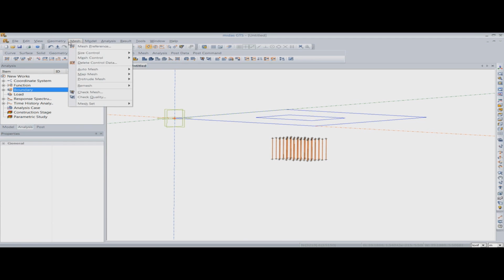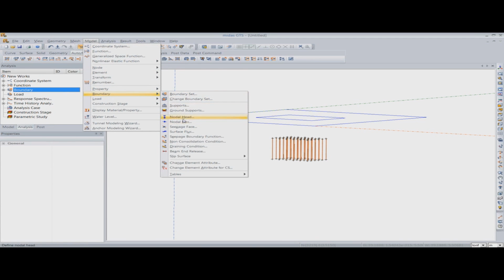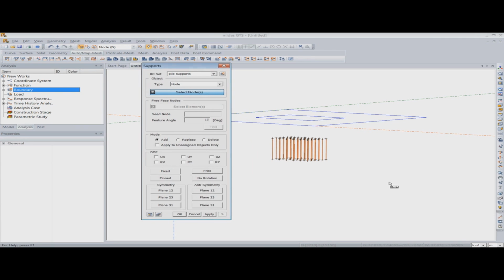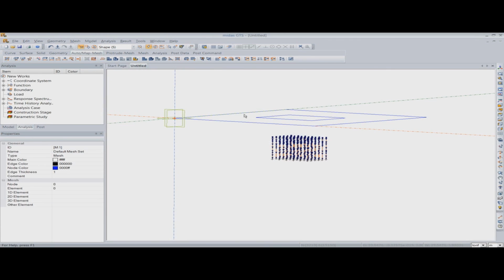For that, I'll go to Model, Boundary, Supports, and I'll restrain the torsion, and I'll select all the nodes, and once I click on OK, the torsion is restrained in the files. So in this way, I have defined two boundaries to my structure. I defined the ground support and I defined the restraint in torsion in the files. Apart from these, there are certain virtual boundaries that I can use.